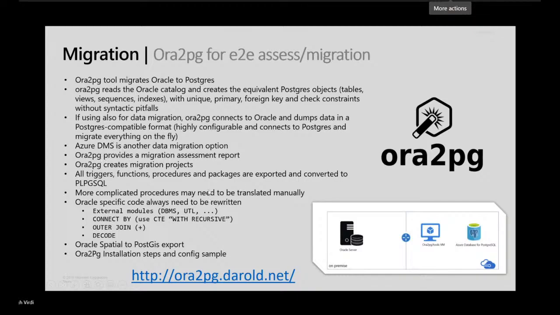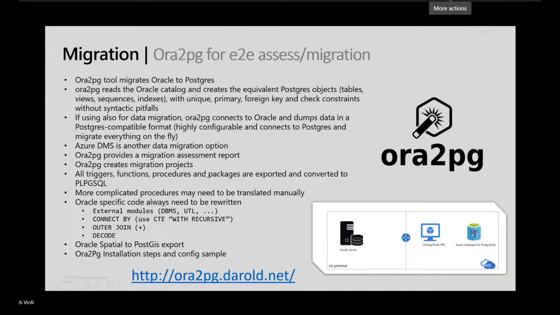Ora2PG will also provide you, as I said, an assessment report where it will give you a lot of different recommendations, right? And it has a lot of support for even things like PostGIS, the spatial data type in Oracle, right? You can migrate it, it can automatically migrate it to the PostGIS extension in PostgreSQL also.